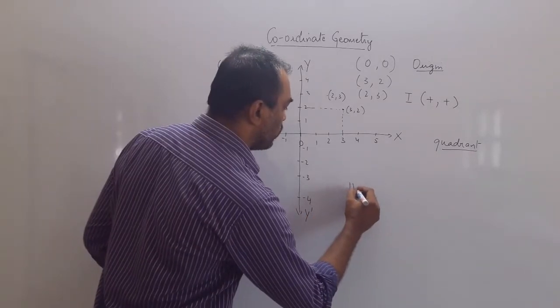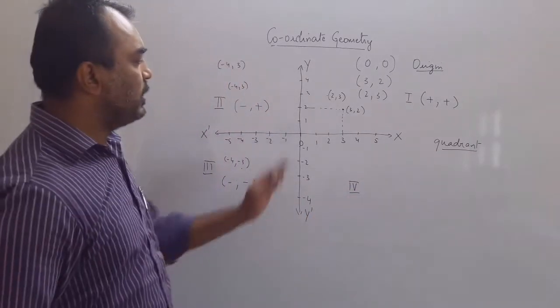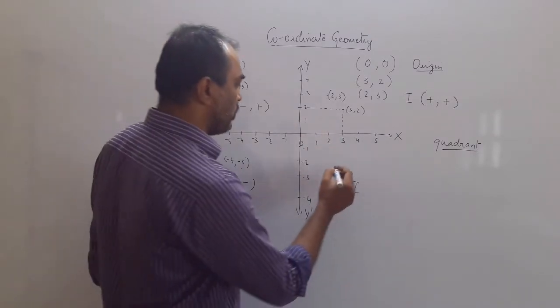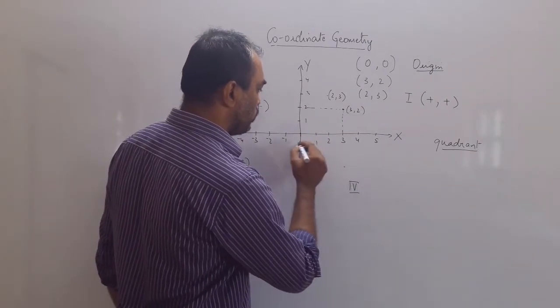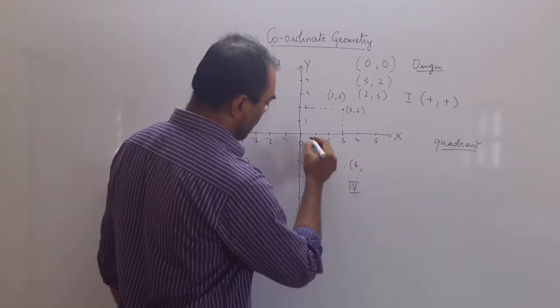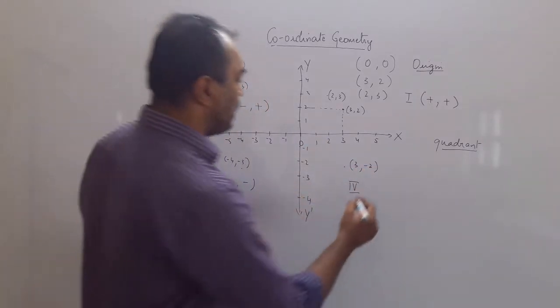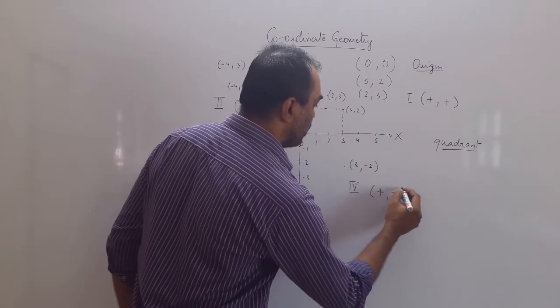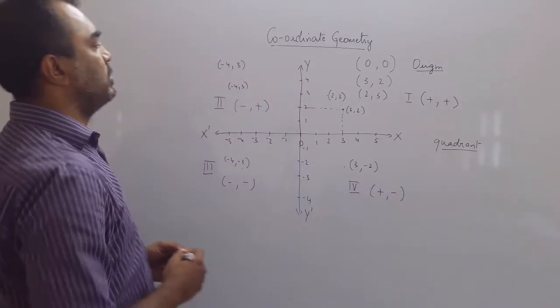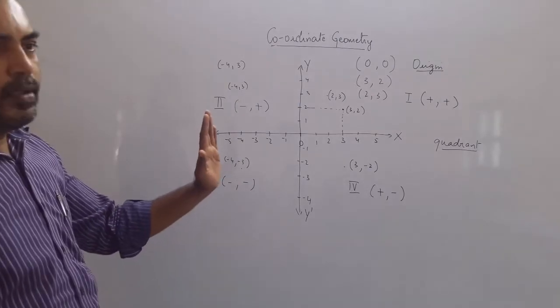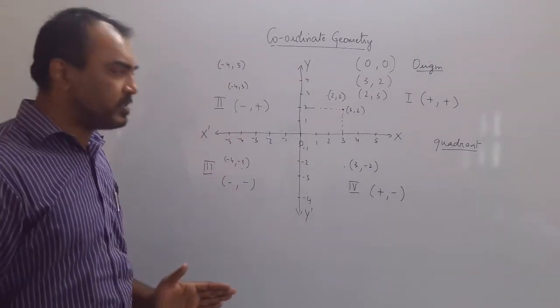And when you move on to the fourth quadrant, it is to the right but to the bottom. So if I take this point again, then to the right 3 points and down minus 2. So what have I got here? Here I have got positive and negative. So this we did last year. Okay, and I will be revising for you to understand.